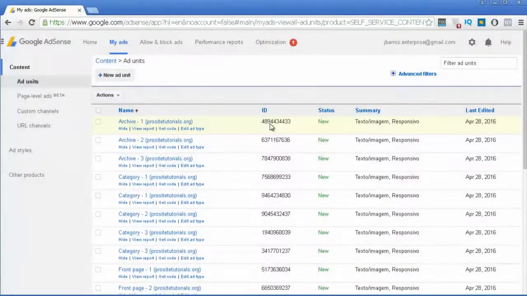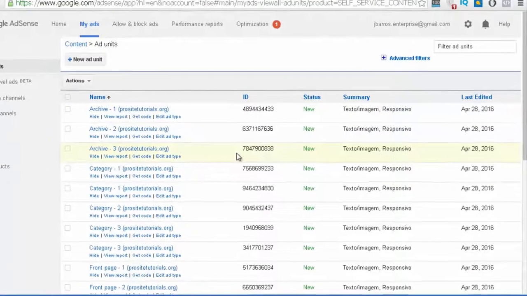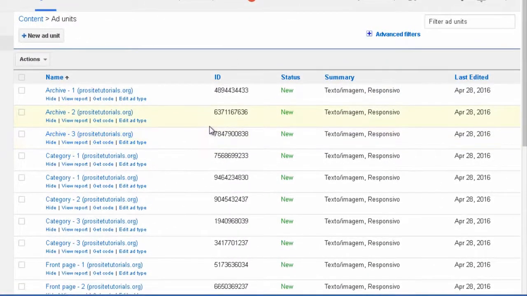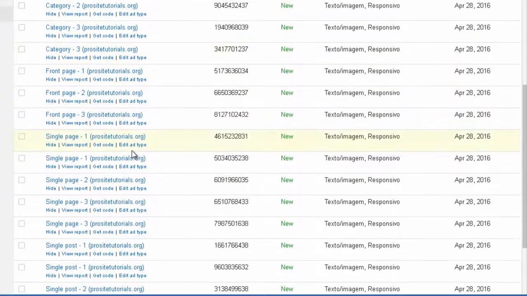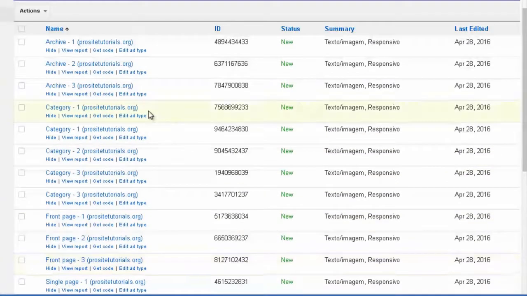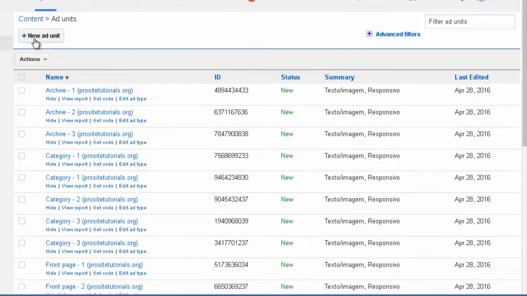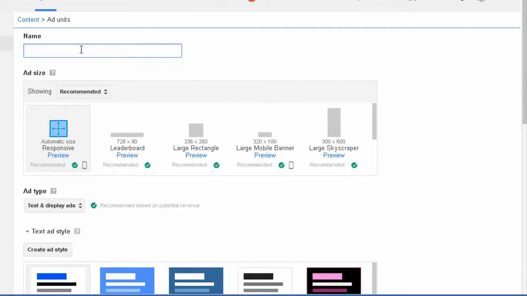Once you get to this page, you will see your page completely blank compared to mine. The reason why you can see all of these different ads is because I already installed a plugin in my WordPress website, and all of these ads were automatically generated. Anyway, if you want to create a custom ad, what you need to do is simply click on this button which says New Ad Unit. Then you want to choose a name for your ad. So I'm going to call this Pro Site Tutorials